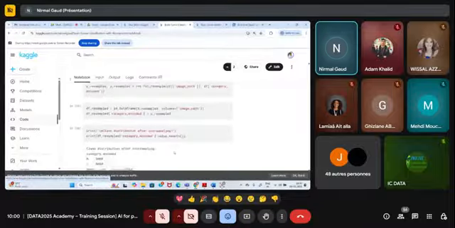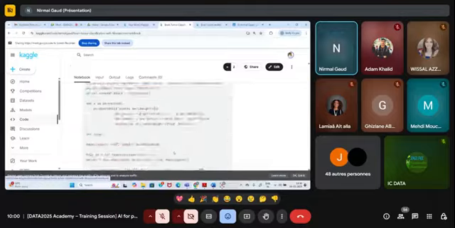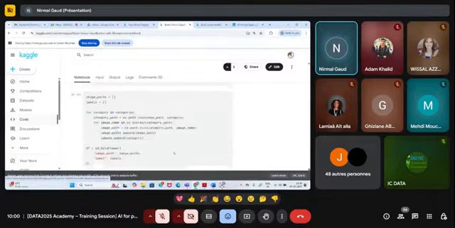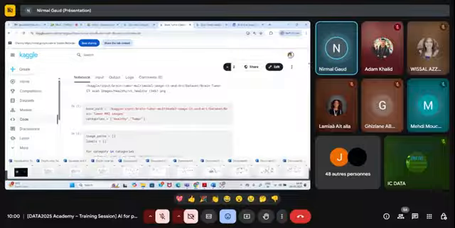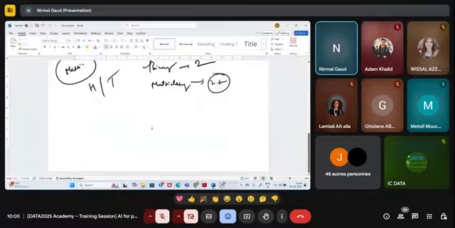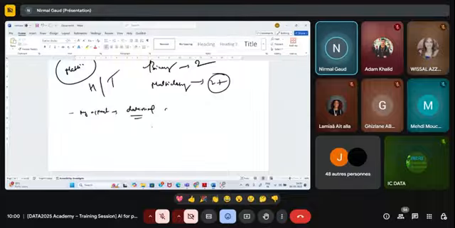I loaded the data, and then let me tell you my approach. My approach is I create a data frame, the DF which you study in basic data science, pandas and all.